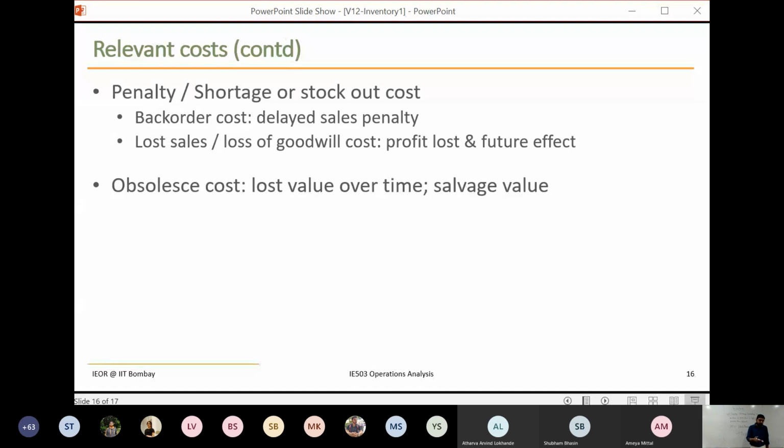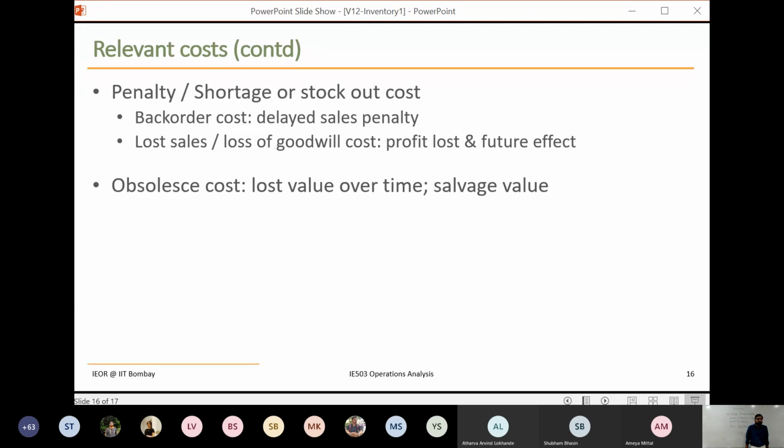Sometimes, if you order upfront, something called back ordering occurs. Like you tell the shopkeeper, okay, get the extra 5 packets of milk, I'll come back and take them in the evening. Then again the shopkeeper has to send his labor to another shop or somewhere else, buy the material and come back. So there is some additional penalty, additional cost involved. That is what we call the back order or delayed sales penalty cost.